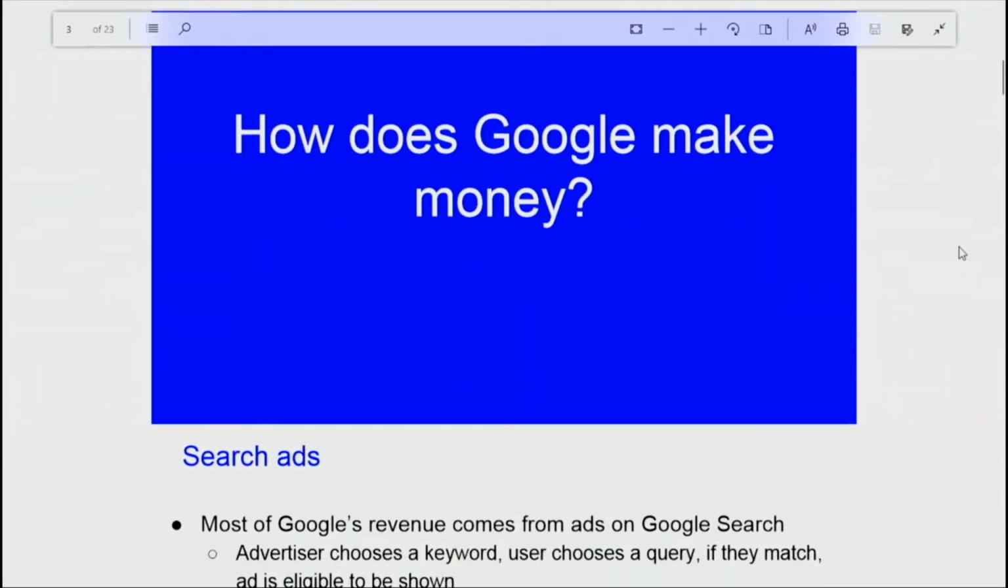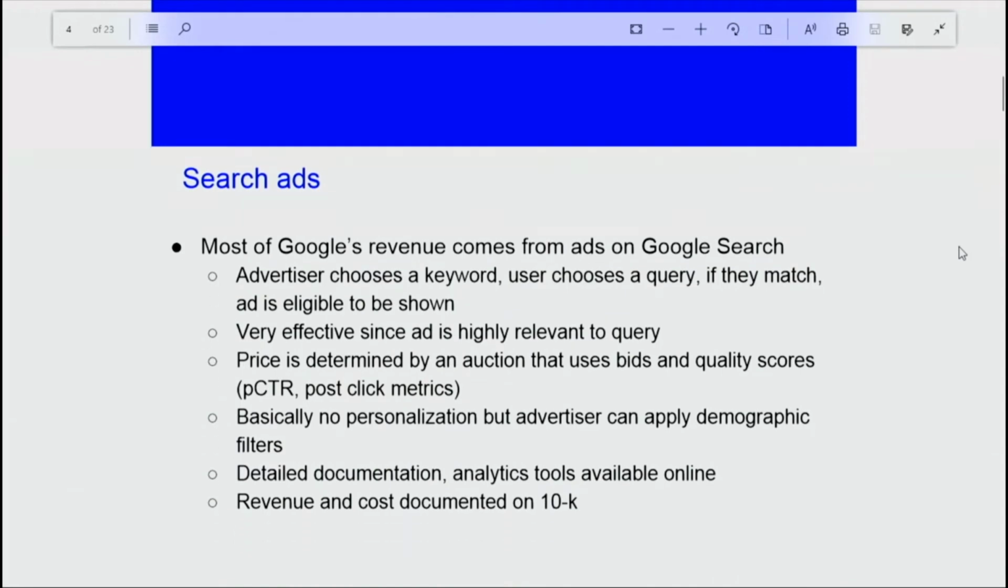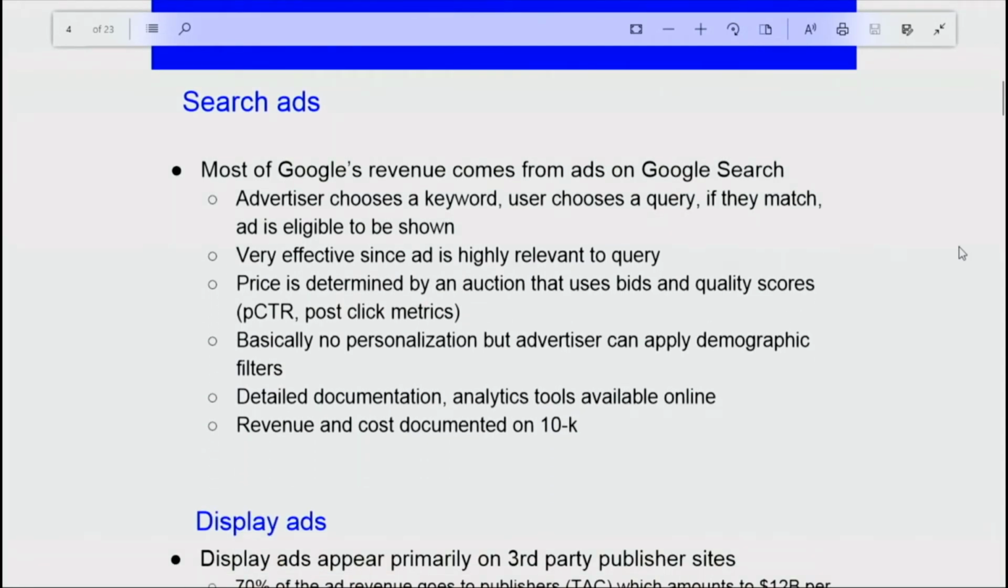So how does Google make money? Most of Google's revenue comes from ads on search. So you search for something, you see an ad. The way that works is the advertiser chooses a keyword. The user issues a query. If the query matches the keyword, the advertiser's ad is eligible to be shown. And that's very relevant because, after all, if the user searches for frying pan, the advertisers out there selling frying pans are going to match up, and then you'll be able to get an ad right when you're contemplating buying a product. So that's a very